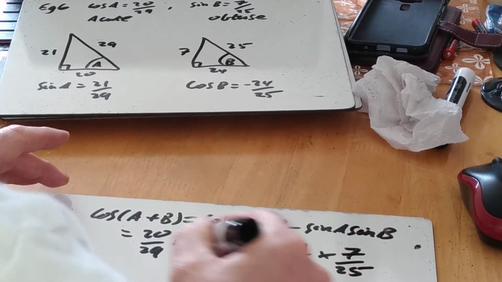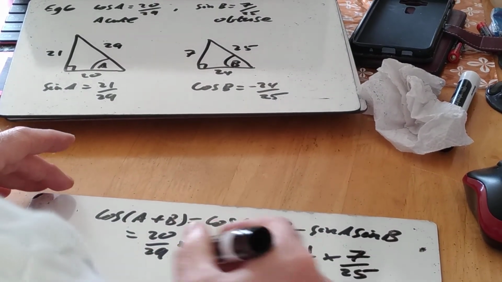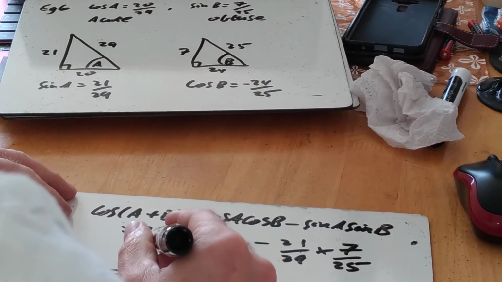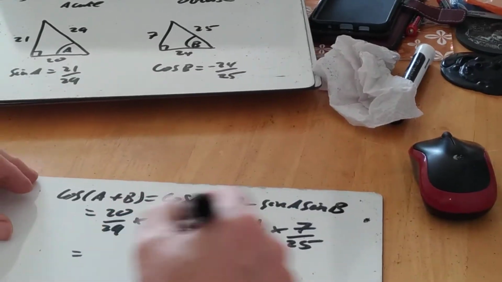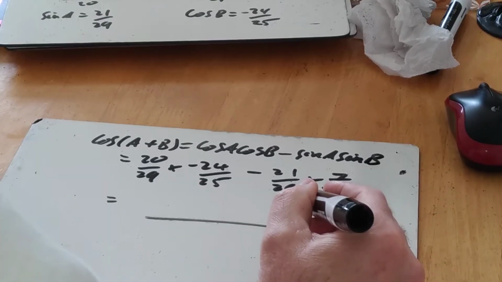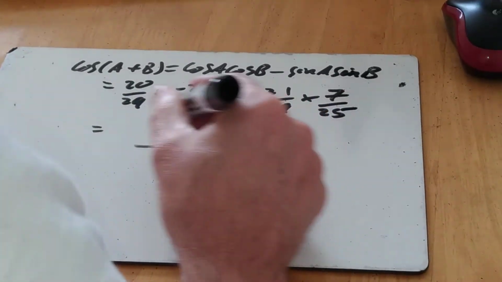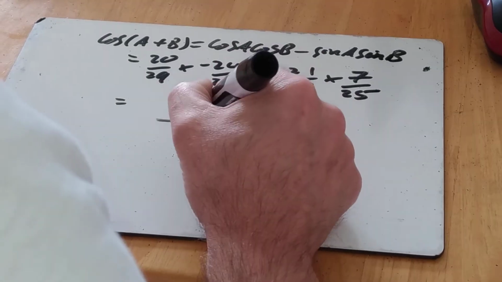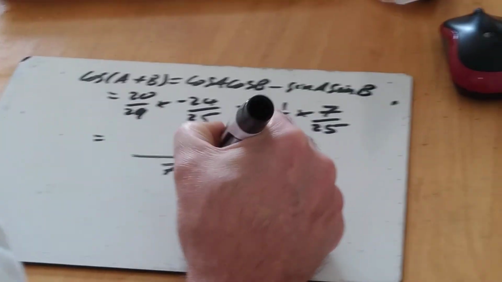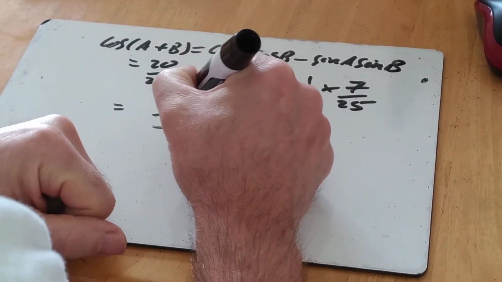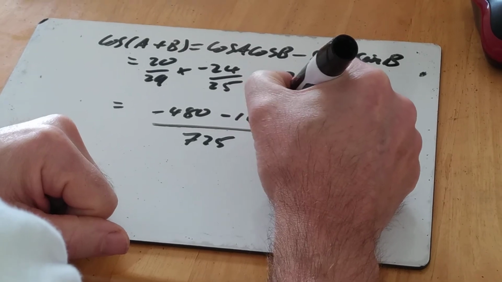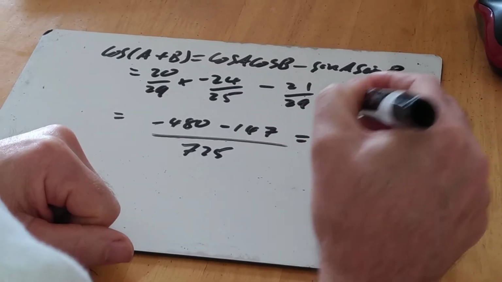I could do some cancelling here and here, but it does mean that it's going to be awkward in terms of putting the fractions together. I might as well leave them over the same denominator. And I've got 29 times 25 is going to test my mathematics, I think 725, and I've got minus 480 minus 147, and it gives me minus